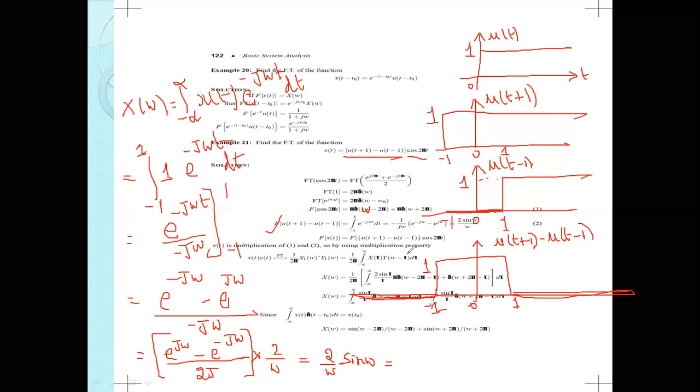Wherever the omega is there, you can substitute omega minus tau, and the plus 2 pi is already there. Okay, my dear friends. So from this function, I am writing here that we got